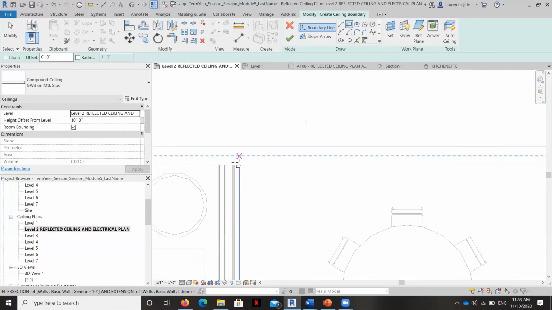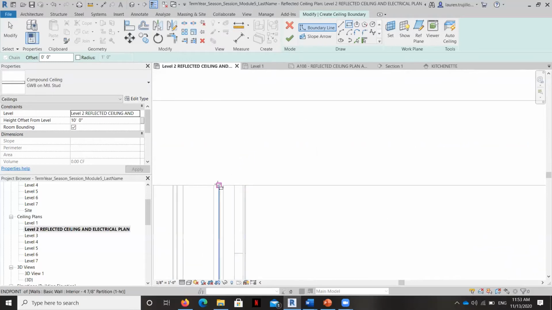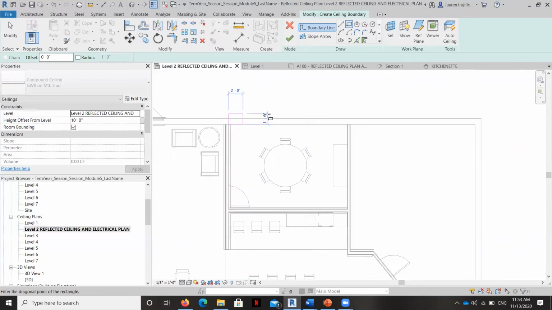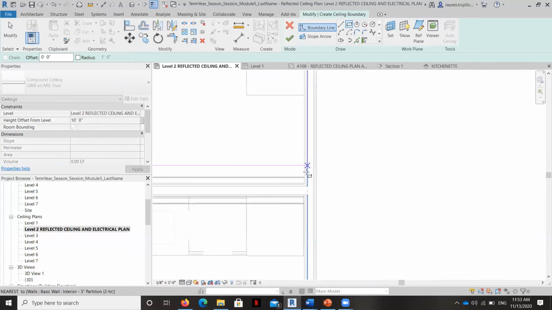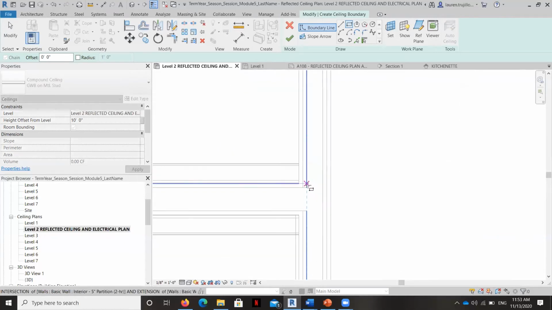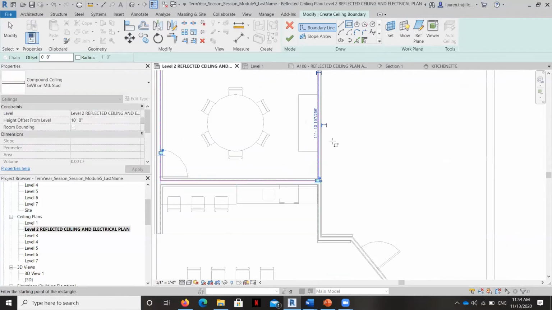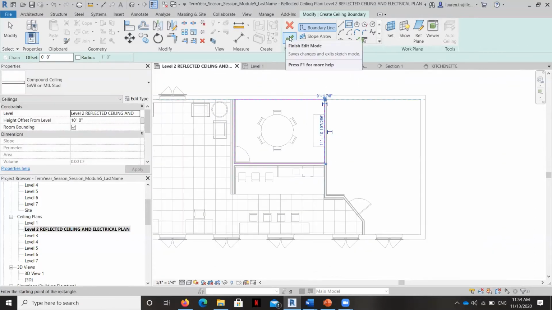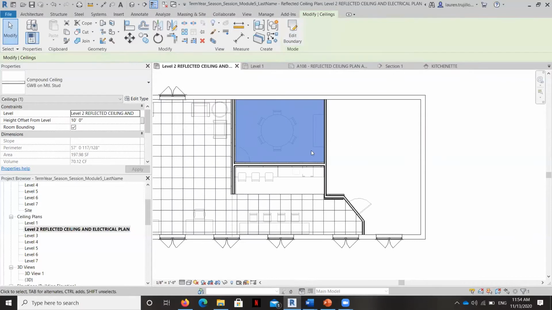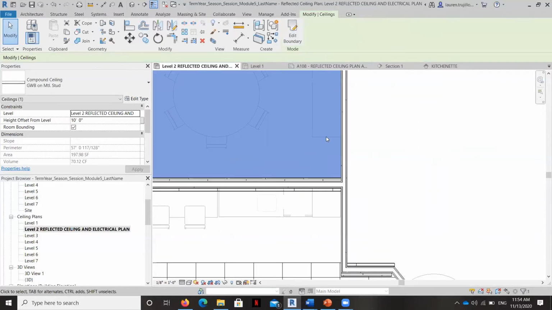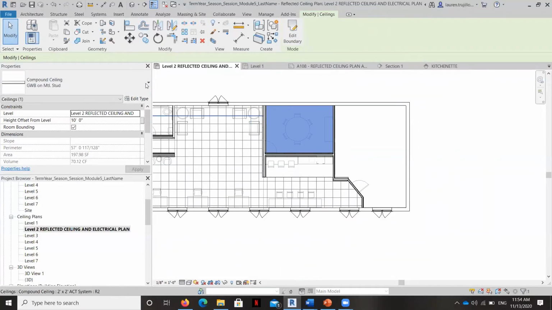Here, we'll start with this one. And you can see I'm hesitating and having a hard time because this crown molding is making my view very difficult. It's nice to do your crown molding at the very end because there's just not a way to hide it in the view properly. But in any case, we've got a gypsum wallboard ceiling at 10 feet off the ground in here, so these ceilings are a little bit higher.